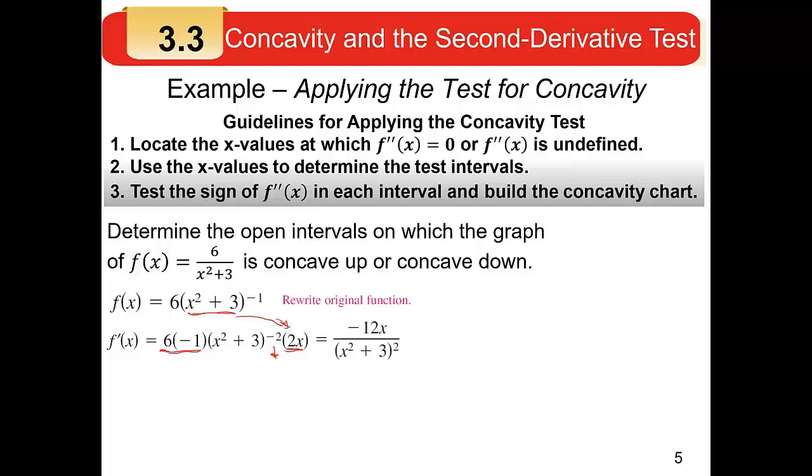Now I want to take the second derivative, which is the derivative of the derivative. The first derivative is a quotient rule. Notice if I hadn't rewritten it with a positive exponent, it would have been a product rule. But it would have been a product rule with a negative exponent, which again would work. But when I get something that complicated, I'll tend to change it back to positive exponents, even if that means using the quotient rule. This is something that you have to go through yourself as you're working these problems and decide which way you want to do it so that you'll make the fewest mistakes and you understand it step